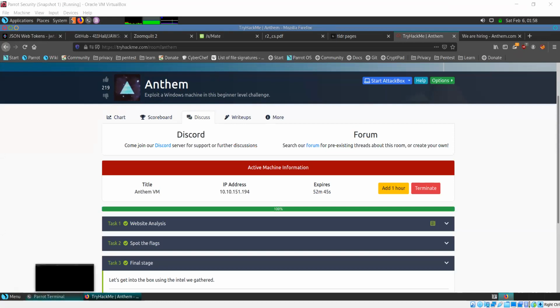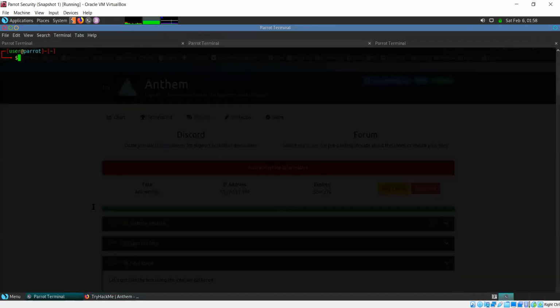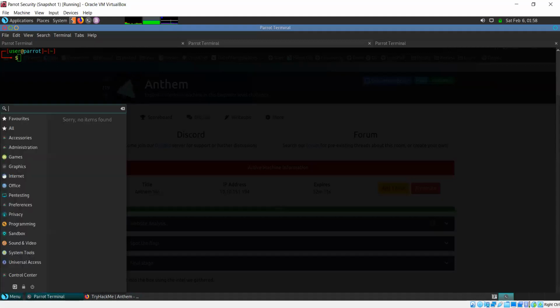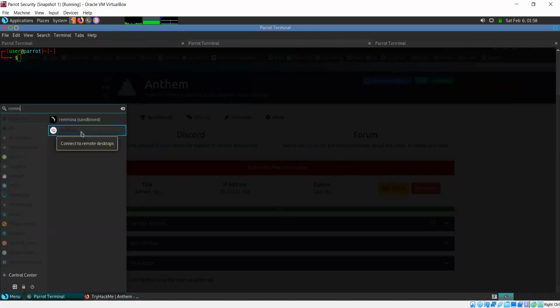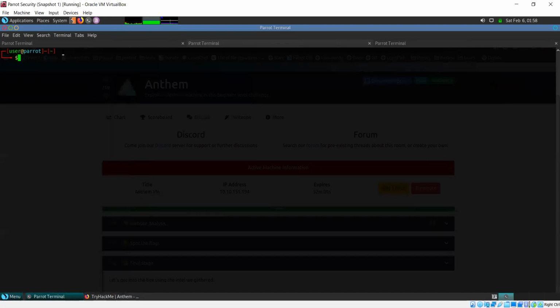Okay. So, one is RDP, right? When we did the scan yesterday, we used Nmap. We saw that there were two ports open, port 80 as well as 3389. So that 3389 is for RDP. Now, in order to access the RDP service, you have a few different options. If you want to go for non-command line tools, there's Remmina. If you want to use that, okay, but I prefer doing this via the command line because I find it faster.